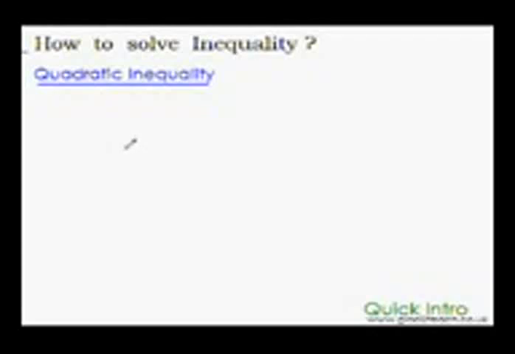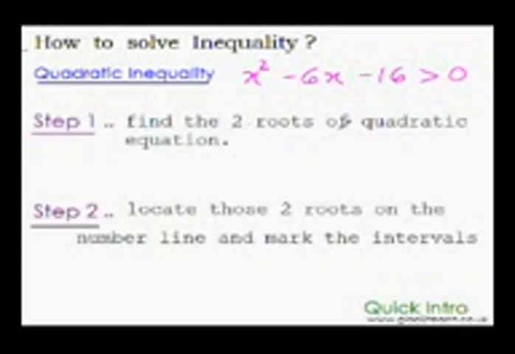So now let us quickly learn how to solve quadratic inequality like this one. As you already know, the quadratic inequality comes from the quadratic equation. So we just have to solve that quadratic equation and find its two roots. The first step would be to find the two roots of the quadratic equation. In fact, using the EasyCal trick of faster algebra, you can do it mentally. It's so easy. Okay, so let me quickly find the roots for you.